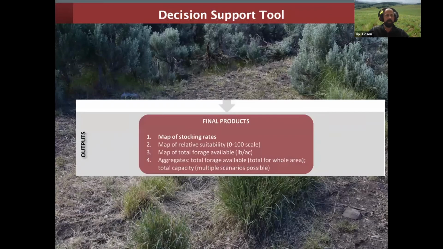I think so. The final product of this decision support tool would be a map that shows these stocking rates over time with the user inputs shown in there. So for example, one of the potential functionalities could be if there's a 50,000 hectare grazing allotment, a permit area, and there are 10 known water locations, and a rancher is trying to determine how much